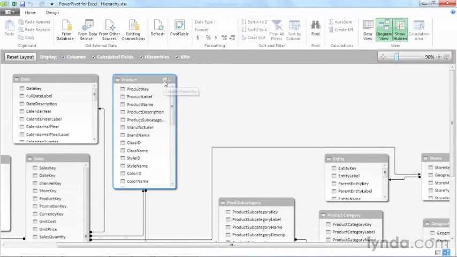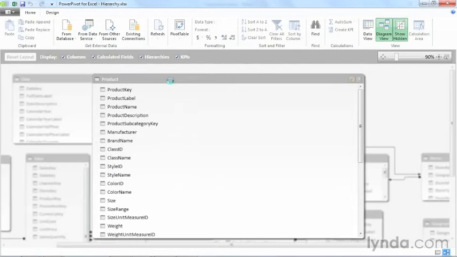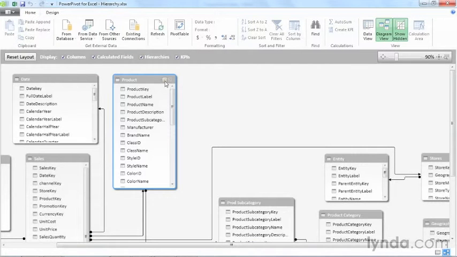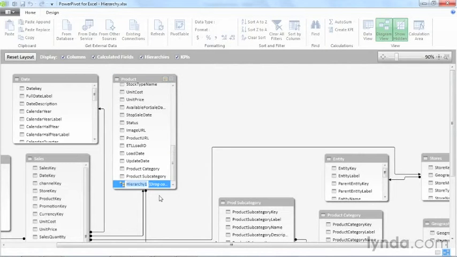And when I point to the table, there are 2 buttons at the top. One is a maximize button, and that will make this very easy to see if I wish. You can then restore it back to the same size. But the other button is the one we want, and it's create hierarchy. And it will create a new hierarchy at the bottom of the list. It will name it Hierarchy 1, and we're actually going to call this categories because this is going to be